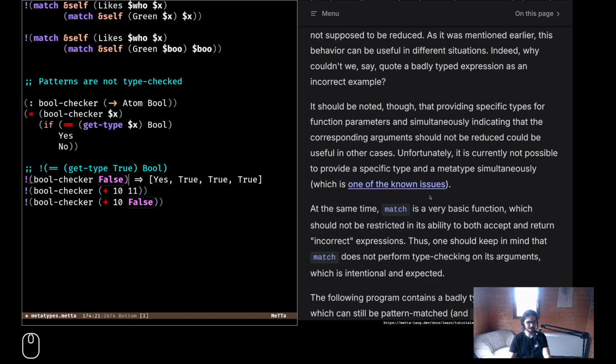So now I say yes, no. And this is still nothing. Actually, why is this nothing? This is because get type of this is then nothing. This is an error.